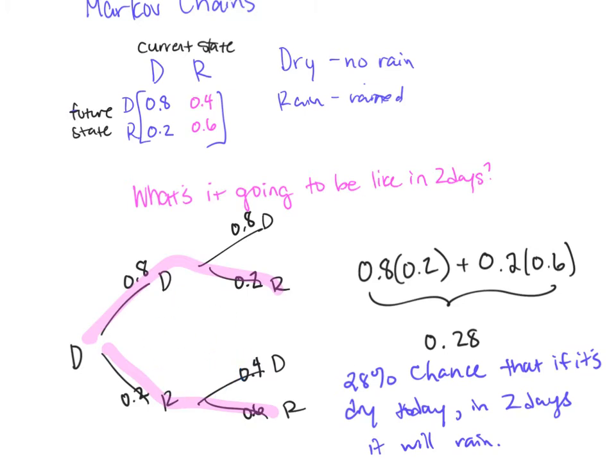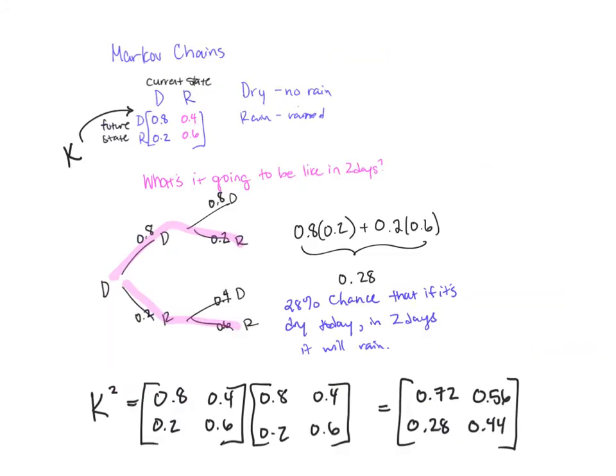So what you can do is you can use a matrix like this. I just called this matrix K. K squared would just be matrix K times matrix K, and you get this thing. And this would tell you, if it's dry today, the likelihood it's going to rain in 2 days, because the 2 here is going to be 28%. And then, of course, you can see if it's raining today, the likelihood it's going to be dry is 56%,